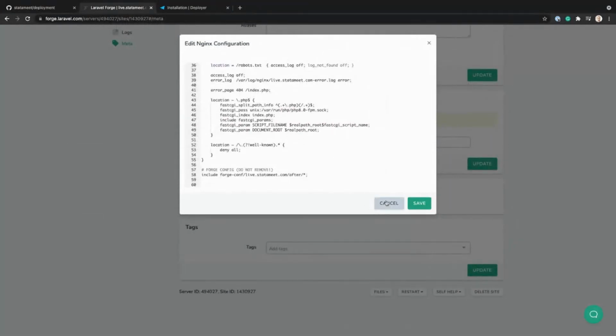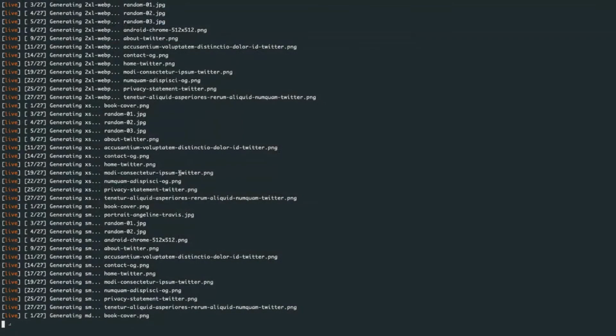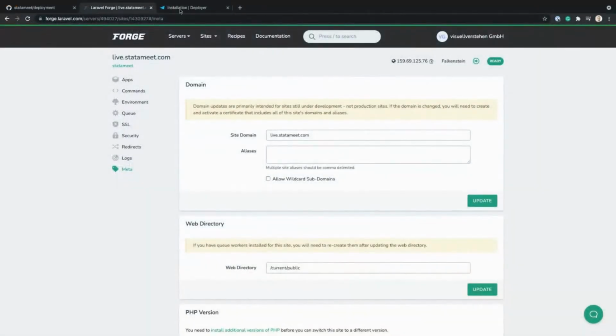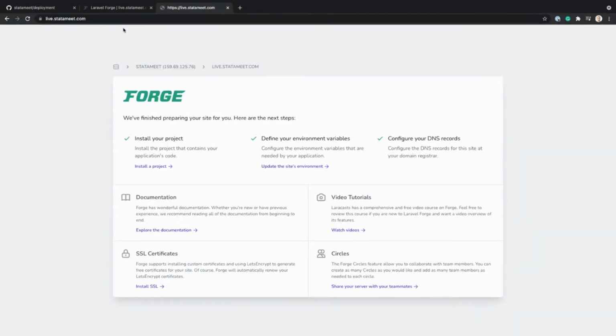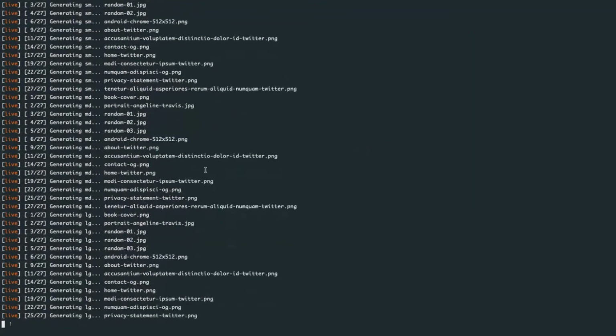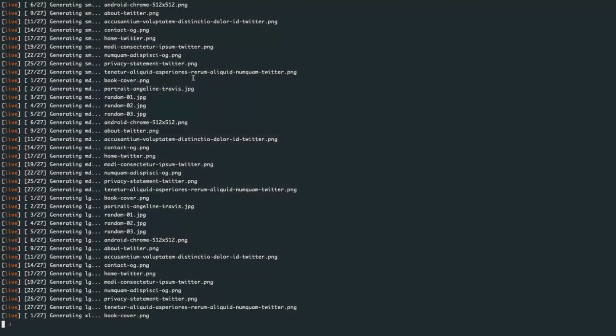Okay, good. Let's take a look at our deployment script. You see it's still generating those images. And maybe you're visiting the page and you might see nothing, just no input file. This is the first deployment, so if it has been set up, it will work. The next thing, if visiting the page in a few seconds, we could